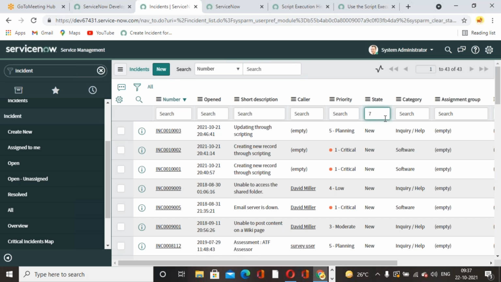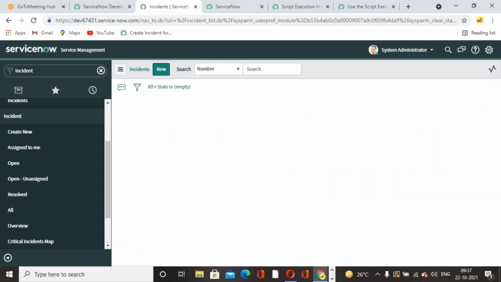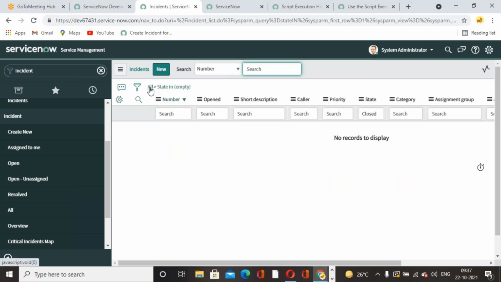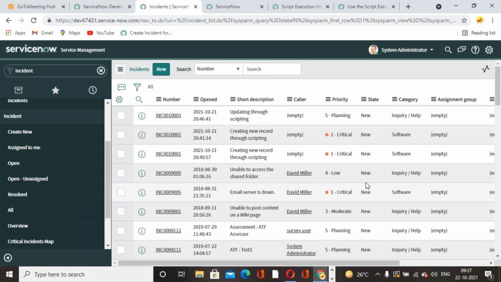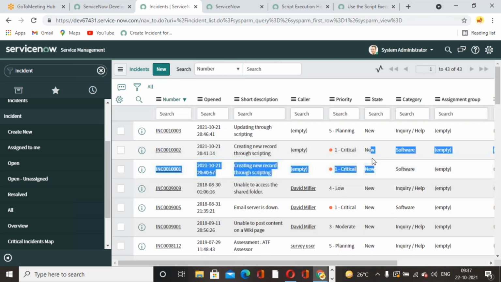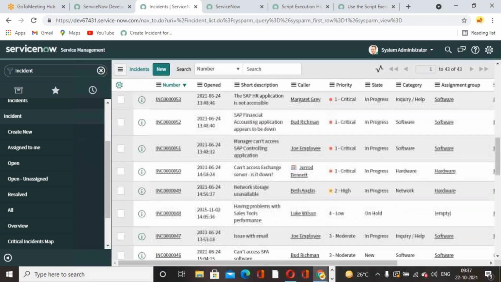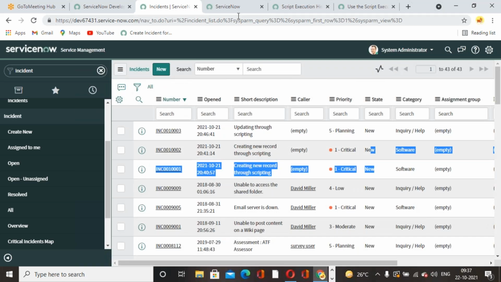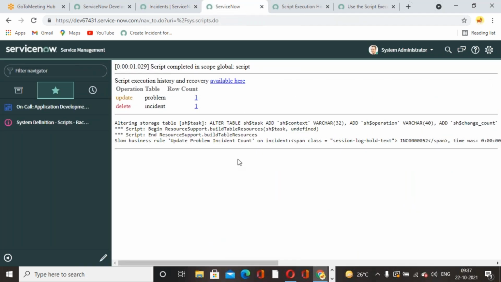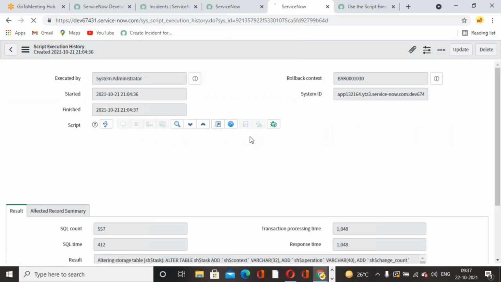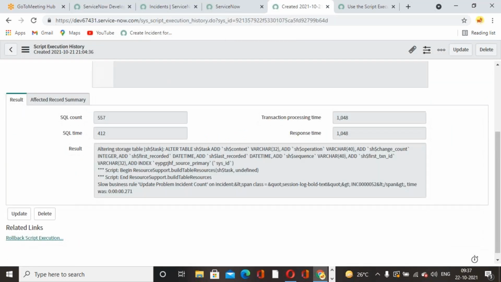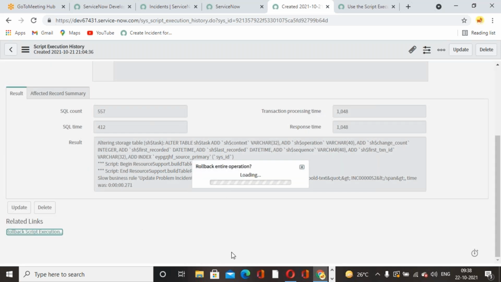When status is closed, 7, nothing, right? So empty. Where the state equals closed, all those tickets are deleted. Okay, so when you execute any code, how can you recover it? If you execute a wrong one, at that moment it is directly available in the history,